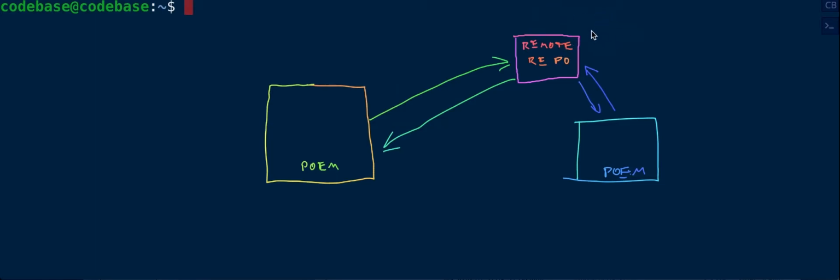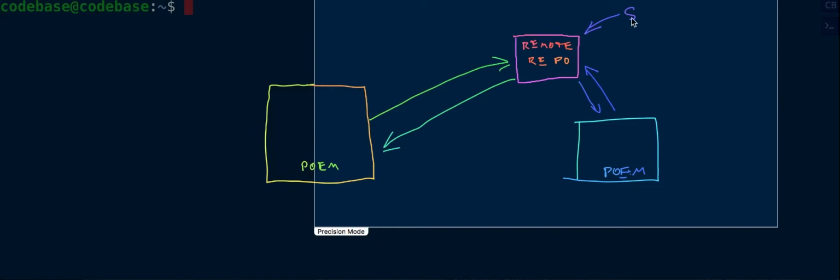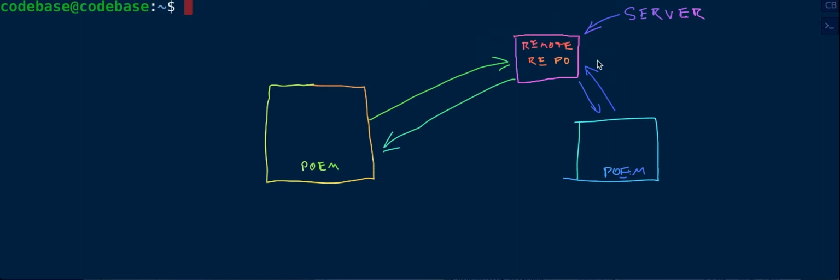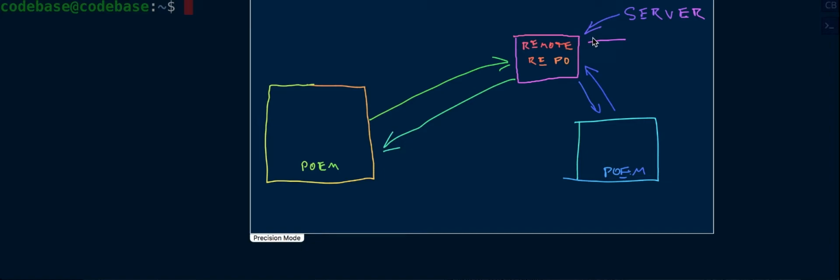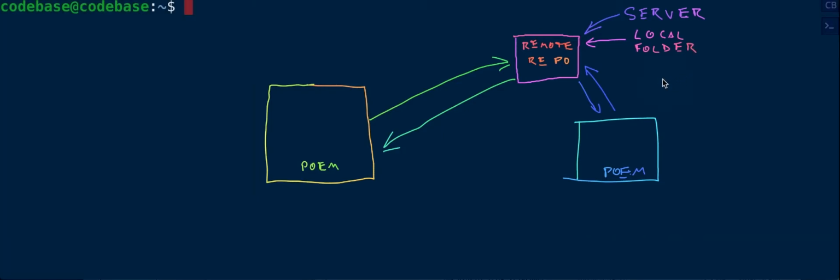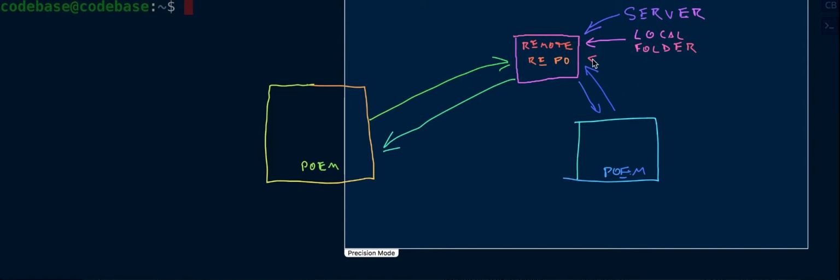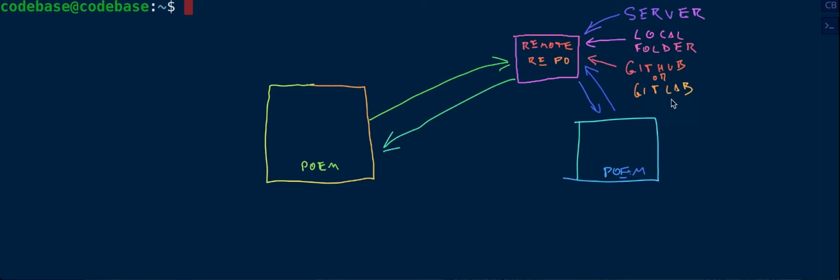And now I think, first of all, one of the mistakes that people make when they teach Git is they'll just kind of imply that this is a server somewhere on the internet. And that's not actually the case. That can actually just be a local folder as well, in your home directory. Or it can be github.com or GitLab or whatever. There's a whole variety of these services that will allow you to store your remote repository and share your